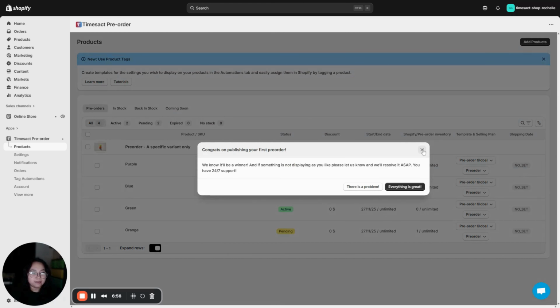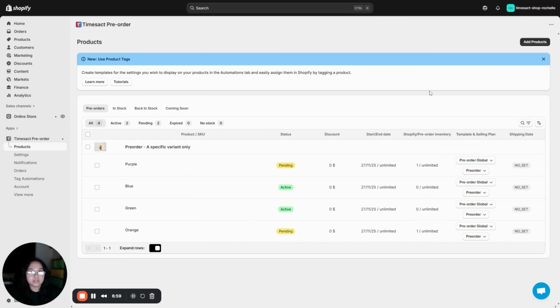Now, reassigning a selling plan. For example, you suddenly change your mind, hey, I don't want to set a partial payment for this variant. For example, for this purple variant, I don't want to set up a partial payment. I want to receive the full amount during checkout. Now, you can create a new selling plan for that and then reassign that selling plan to this variant. And you don't have to remove this variant and then re-add it again and then set the existing selling plan. You can just go here on our product section,